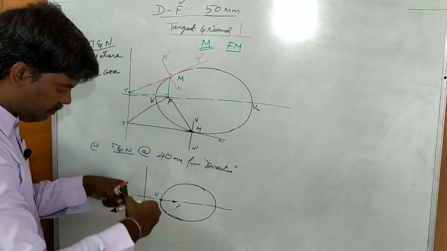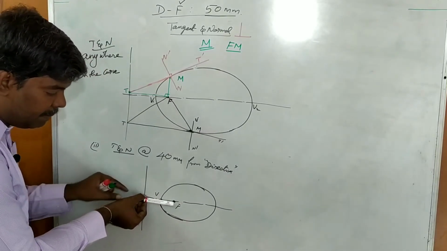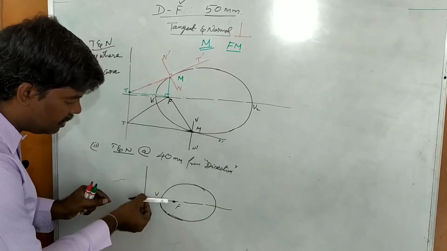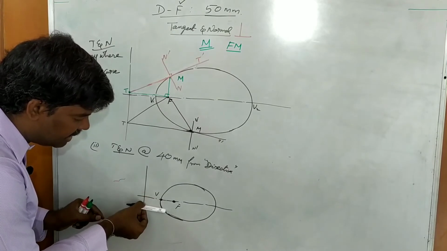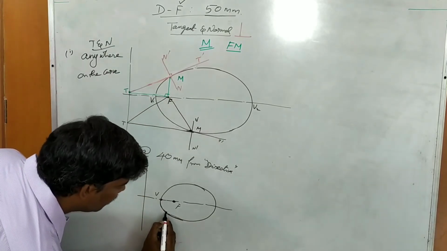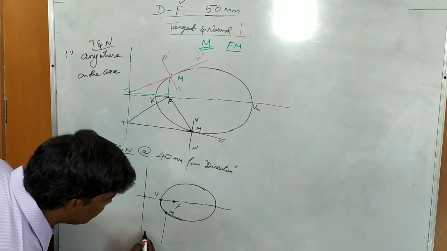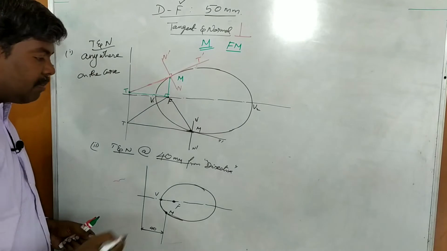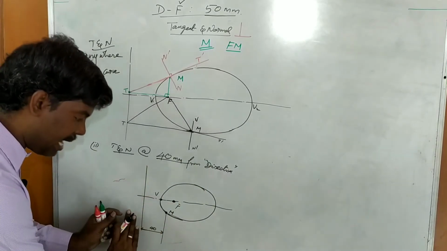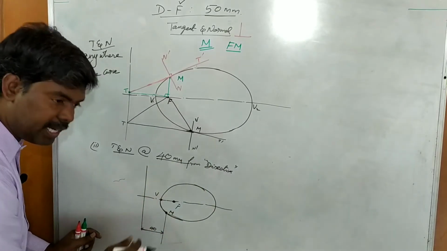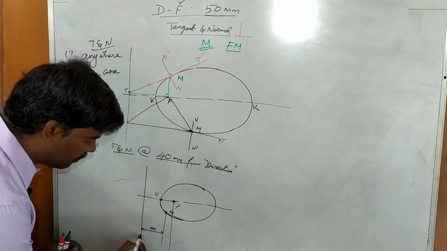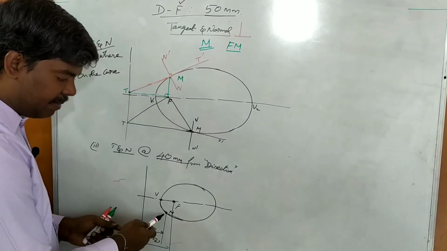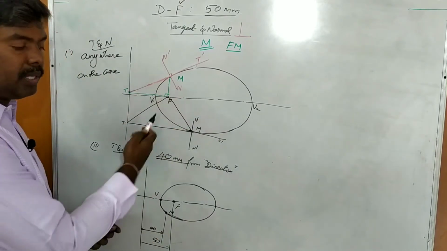Therefore, here to here is 50 mm. But 40 means this is 40. Clear? So the 40 distance line where it is intersecting here, it is point M, because that distance is 40, because in the question they mention draw tangent and normal at a distance of 40 from the directrix. So from the directrix to the point M on the curve is 40 distance. You know the focus distance is 50. Clear? That's one. So after getting M, the location of M only, case 1, case 2, case 3,